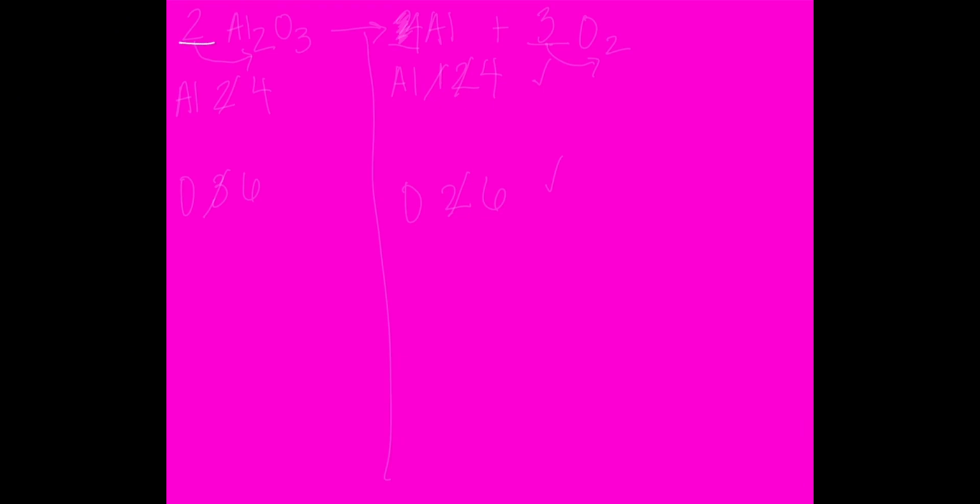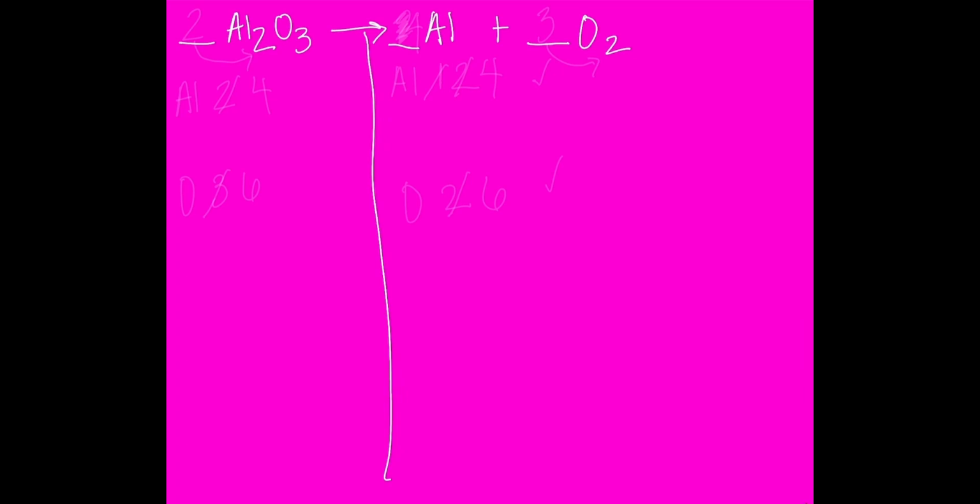So we have Al2O3 yields Al plus O2. Right? O2. So now, first things first, I'm going to go ahead and separate my reactants from my